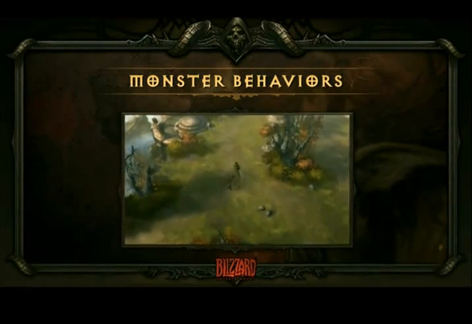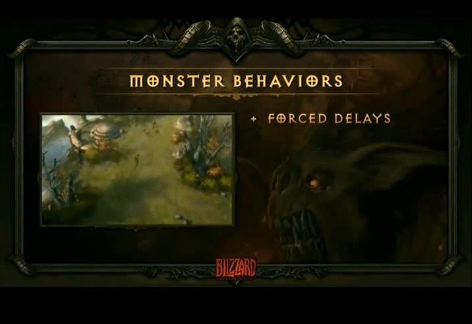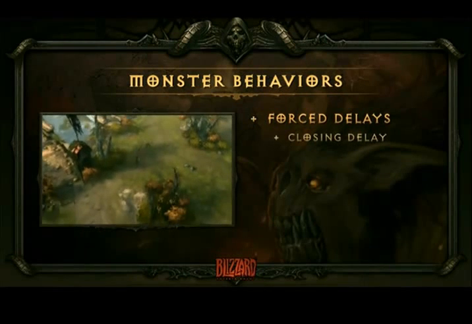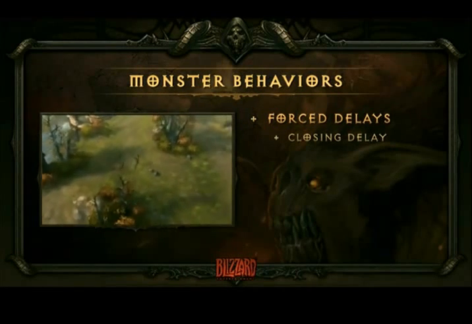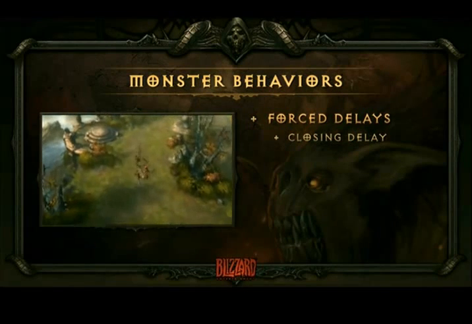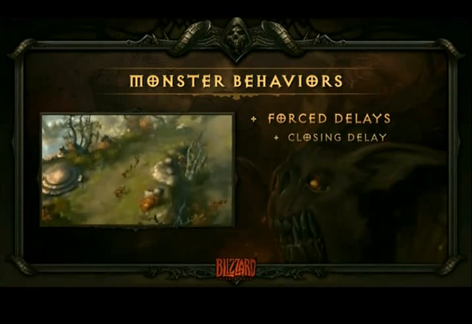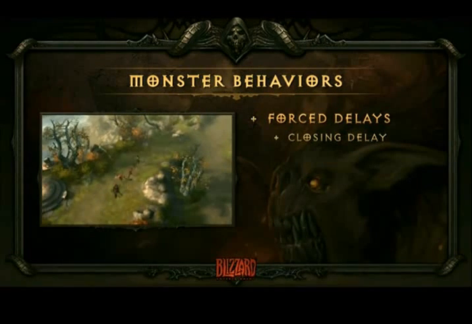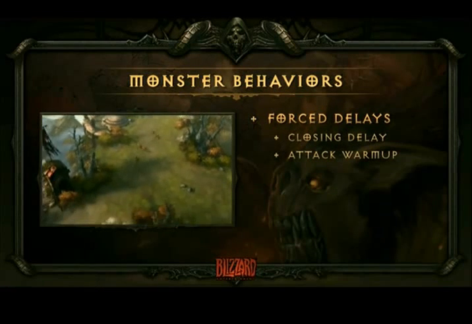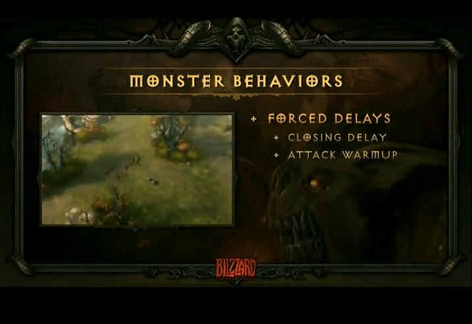So what can we do? Just by adding a few simple things, we can really affect the situation here. So adding the concept of forced delays. The first thing is we add a closing delay, and it's really, really subtle. So when the monster wants to close on the player, when it wants to close that gap, we actually hold them back just for a little bit of time. It's almost imperceptible. You can't really see it. Also an attack warm-up. So even after the monster gets up to the player and wants to swing his club, we prevent him from doing that for a very